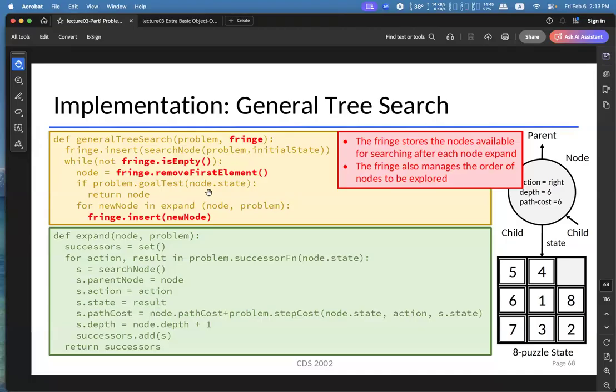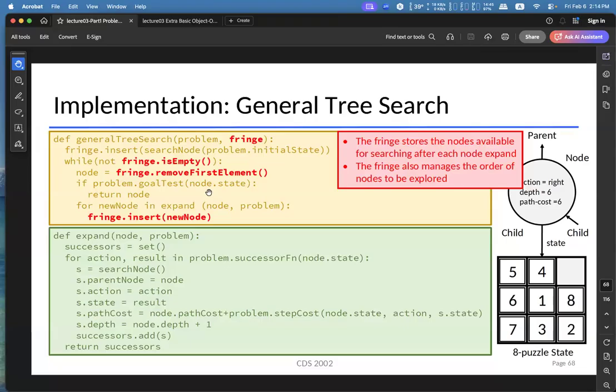When you expand a node, you will generate new nodes, right? And those new nodes are being returned. And those new nodes being returned are added back to the fringe. So we have generated the paths, but we have not researched them, so we put them there. Okay. So we generate the nodes, but those nodes are not registered in the fringe. So we do this loop at the end to register the nodes we generated but haven't registered back to the fringe.